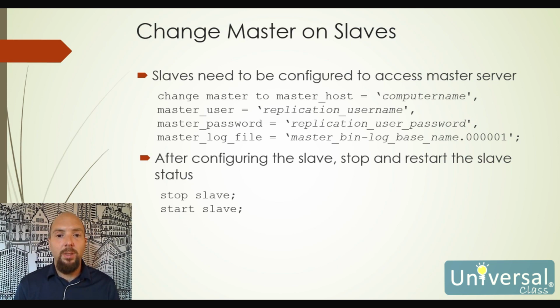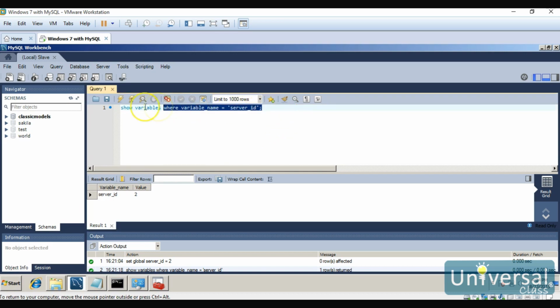When we're done setting this, we have to do a couple of things. First is we have to stop the slave service, we have to start the slave service, and then restart the entire MySQL service. So in our slave, now that I know that it is set to server ID number 2, I can change the master. And so I'm going to issue the command change master, and then now to make this easy on myself, I could type this whole thing out as one command on one line, or I can actually type it on multiple lines. And if I type it on multiple lines, it will ignore the white space. And what it does is it makes it a little bit easier for me to see that I've typed everything in correctly. So I'm going to change master host equals, and then the name of the computer,